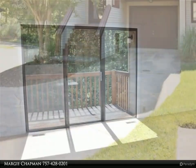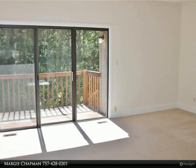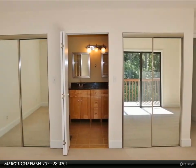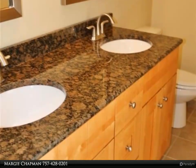Enjoy living in this end-unit split-level open floor plan condo with the tranquility of a marsh view in your backyard. It has an oversized L-shaped one-car attached garage with room to set up a workshop. The body of water that adjoins this property is where Rudee Inlet ends and connects to the ocean. Not only are you just a short distance to the beach, but you have the Marshview Park that's also just